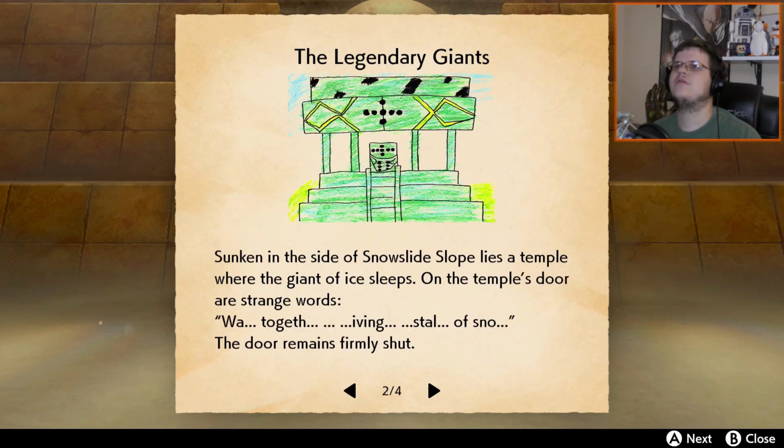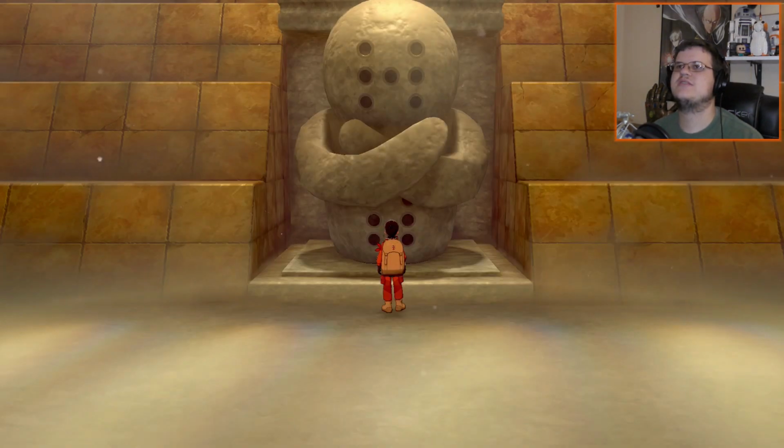Okay. And now we need to... Now we need to go into Snowside Slope, which is...